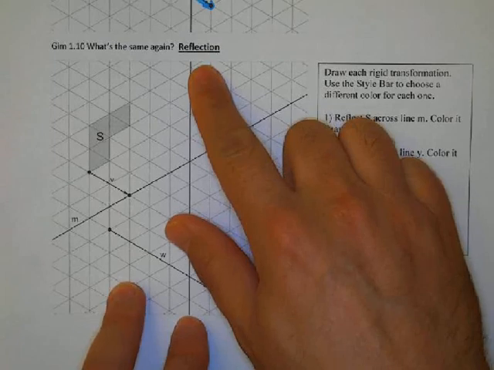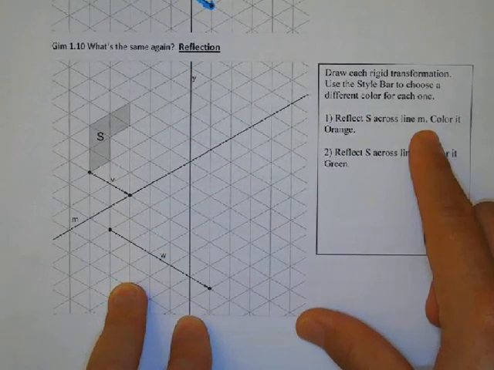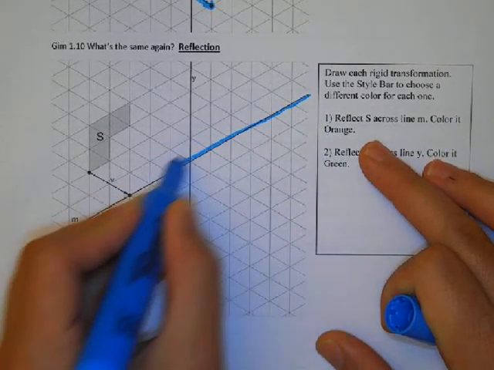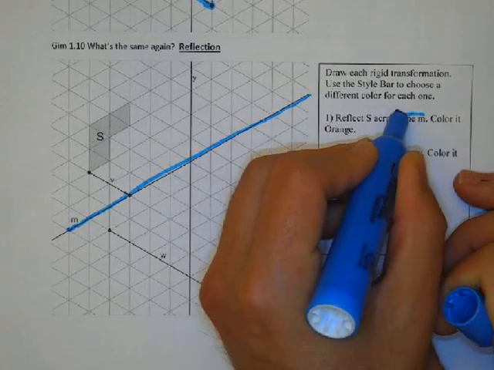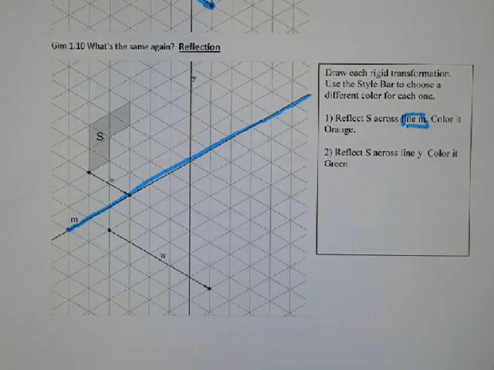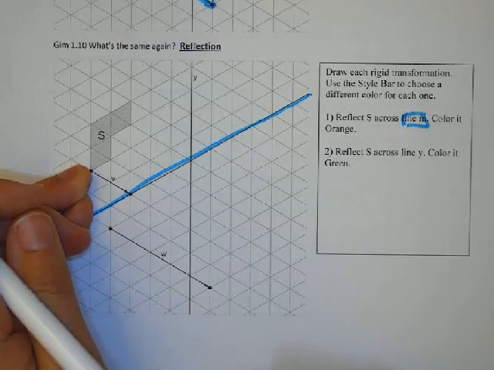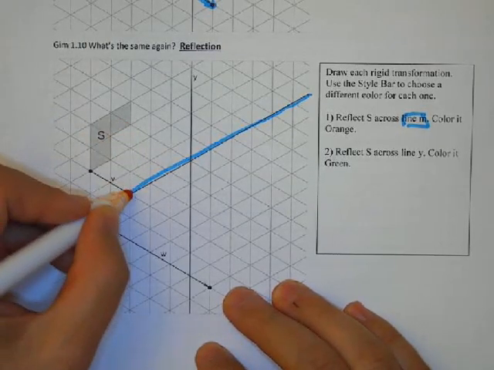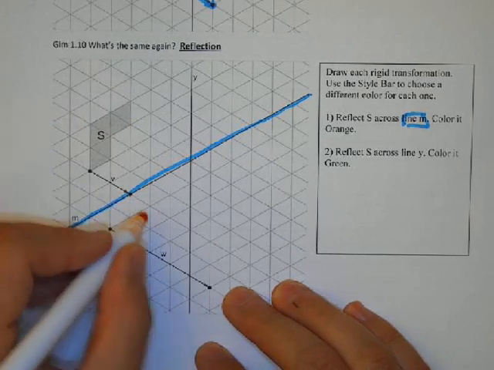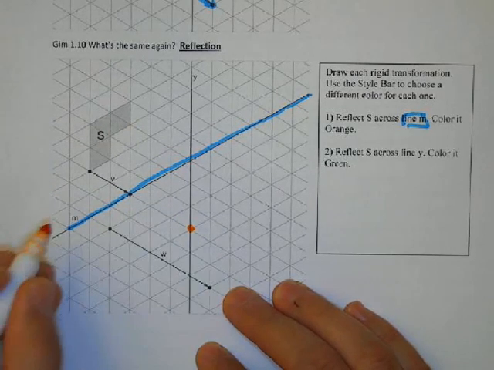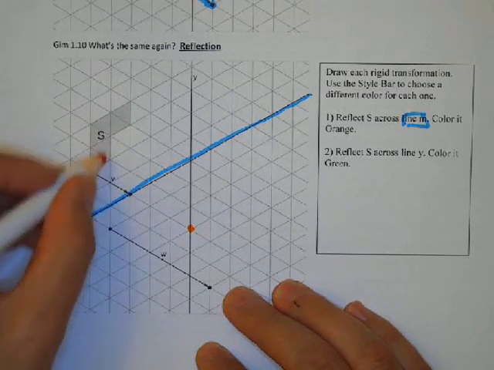Now, the next one we did in class was a reflection. So here we're going to reflect on the line M. So I'm going to just highlight the line M. Okay. So if we're going to reflect it on line M, I'm going to do this in orange. Okay. So from here, so pretend this is a mirror, and I'm going to fold it over. Okay. So from here, if I go down 3, I'm going to go down 3, I'm going to go over 3. And if I'm going to go over 2,